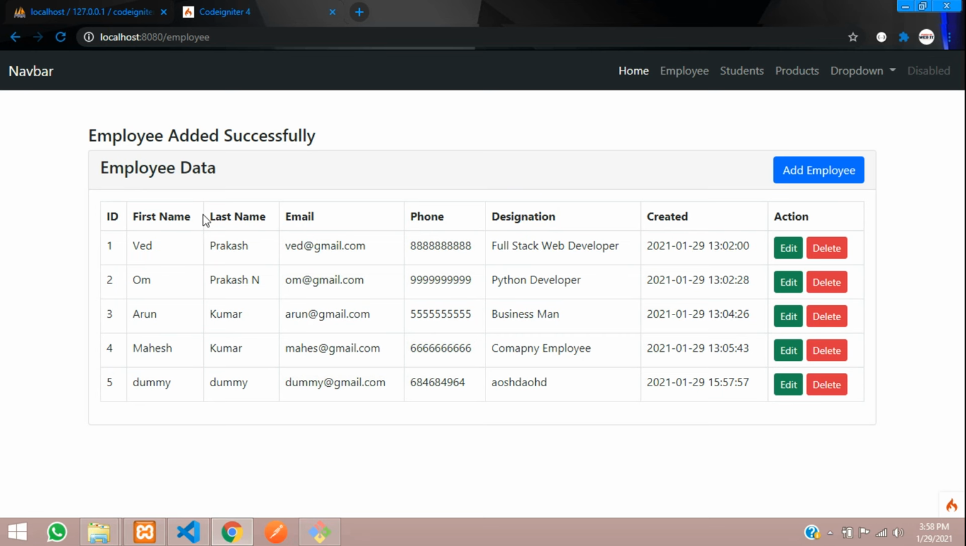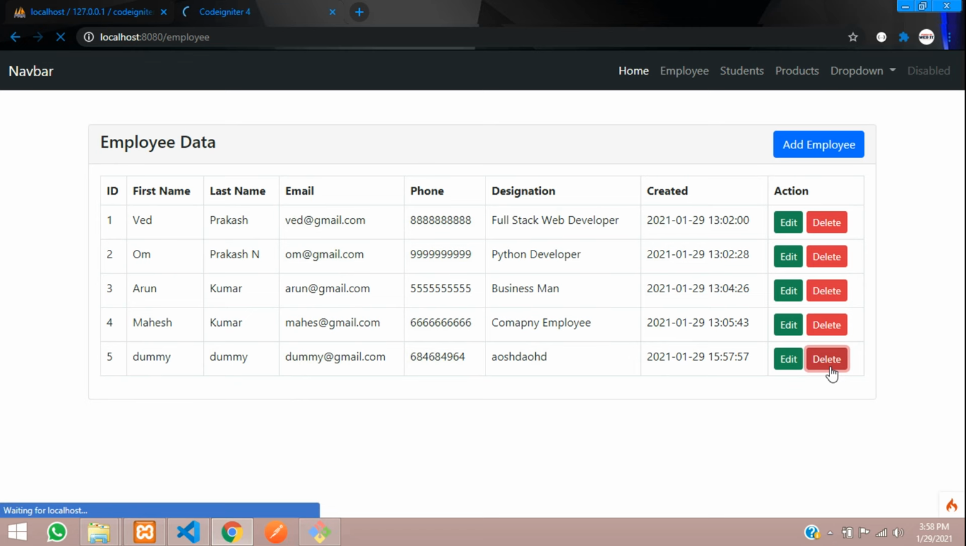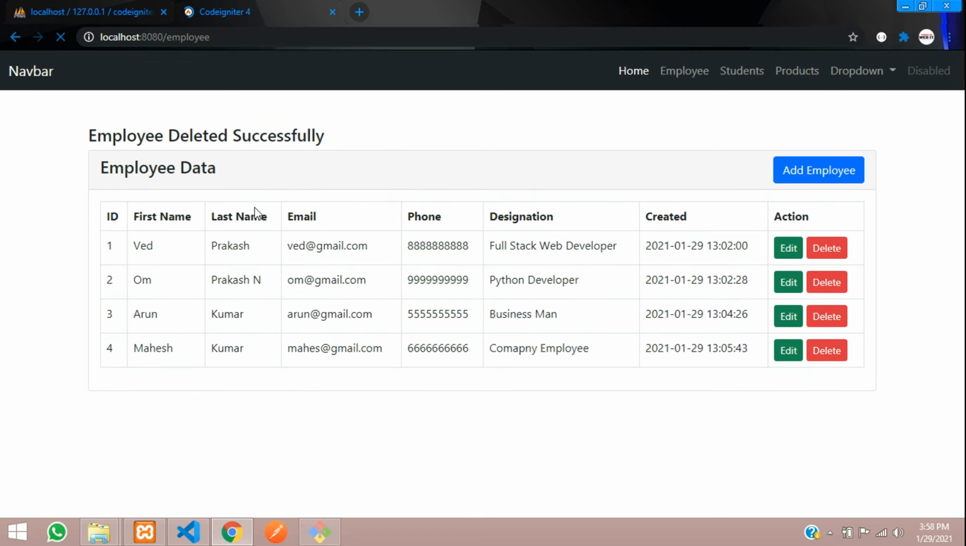So let's click on this to delete. So let me just refresh. This message will go, and let's click on delete. So I'm going to click on delete button, where you can see that employee deleted successfully. Cool. So our data is deleted and come back to same page. So guys, this was the one method which we have used to